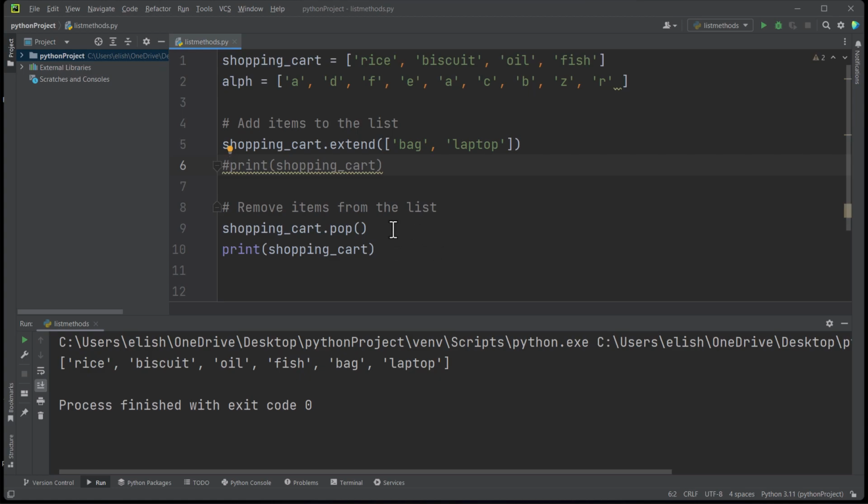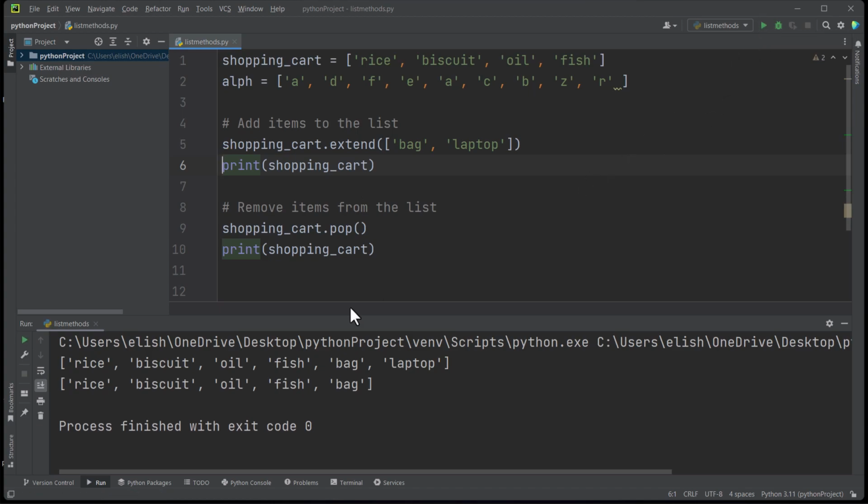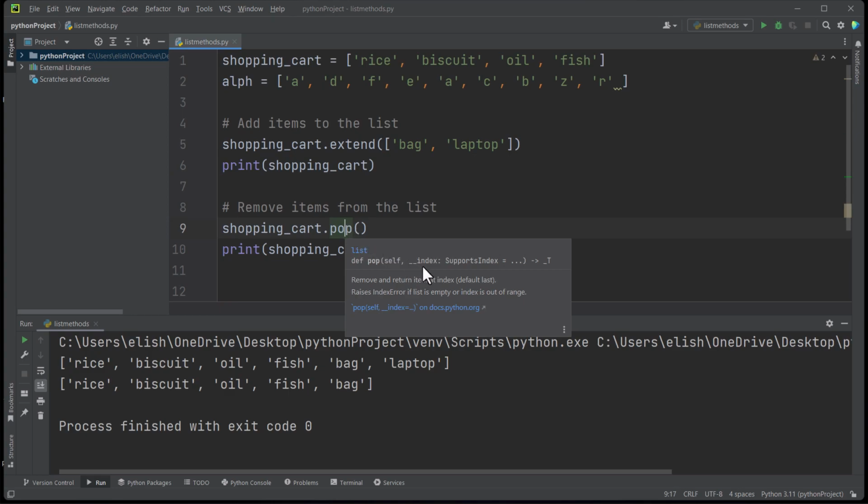Okay, and then, or better still, let's open this one so that we will know what our list is and what is being removed. And then if we run this, you see first laptop was included in the list, but after, laptop has been removed. So pop removes the last item in a list. Okay, now if you hover over it again, we can see that we can provide the index of the item that you want to remove